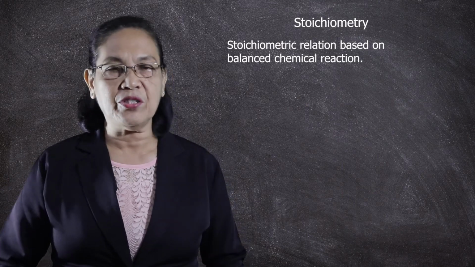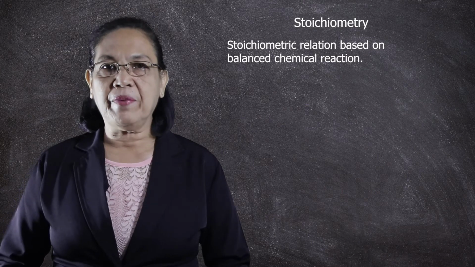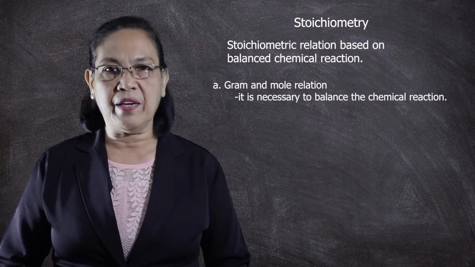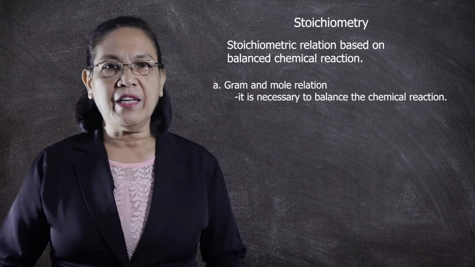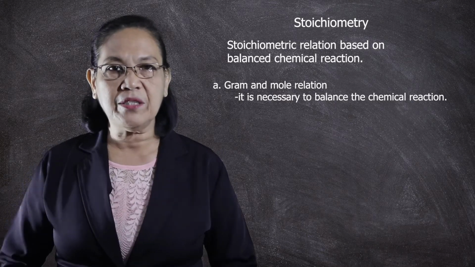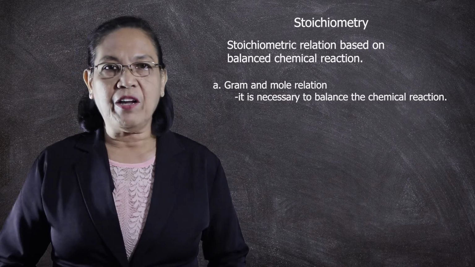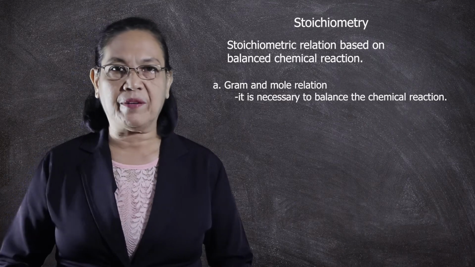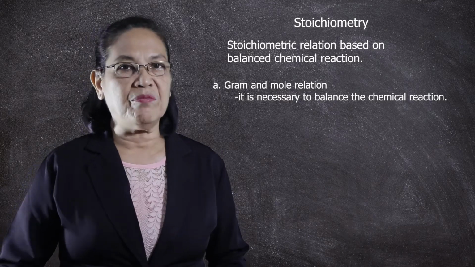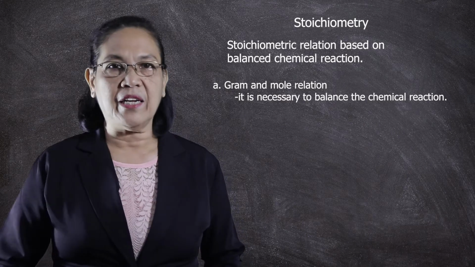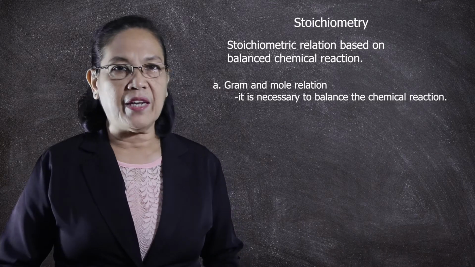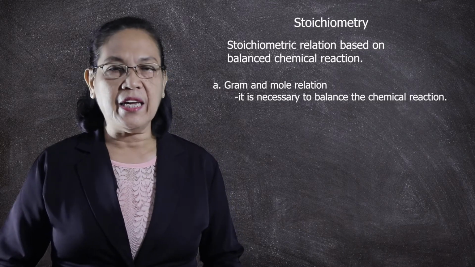To start with the stoichiometric relation based on chemical reaction, let us have the gram and mole relations. In calculating the gram and mole relation, it is important to balance first the chemical reaction, because from the balanced chemical reaction, we can get the proportion of the number of moles of the reactants and the number of moles of the products. Likewise, we can also get the number of grams of the reactants and the number of grams